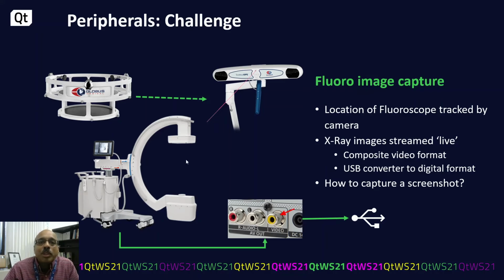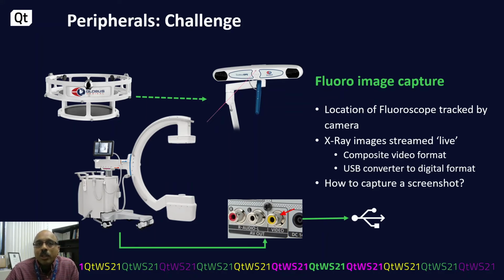So these are captured using X-ray machines that are shown here. The X-ray emitter is at the bottom, the detector is at the top. So we developed a registration fixture. It's called the fluoro registration fixture that can be attached to this top. Because the C-arm machines, some of them may be 10, 15 years old, they may not have any optical markers that allow us tracking. This fixture with the optical markers right here allowed us to track them with a camera. So this solved a tracking problem. We knew where the X-ray machine is in the camera space.